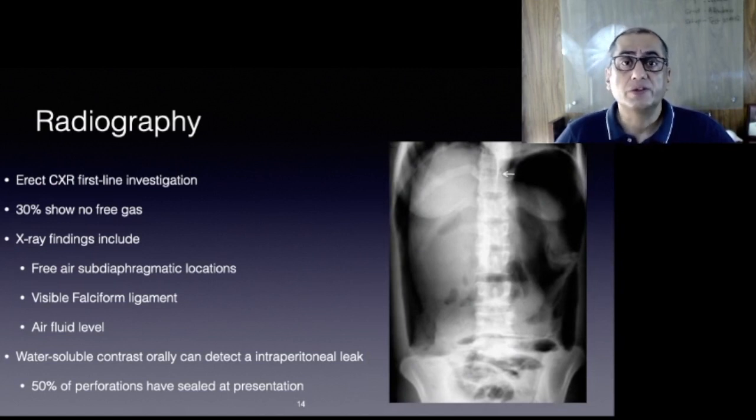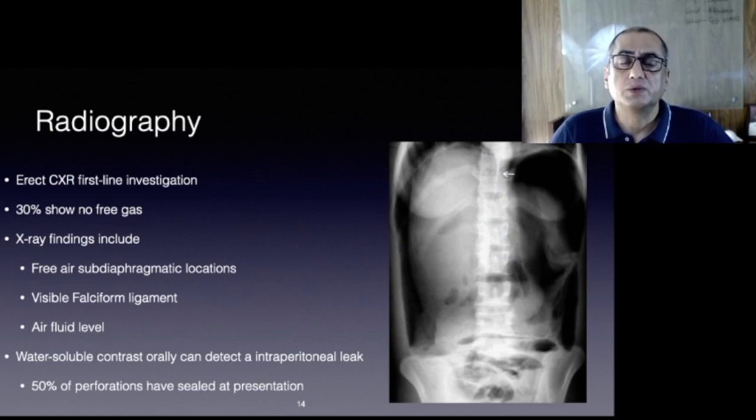Findings suggestive of perforation include free air entrapped in subdiaphragmatic locations. If the quantity of free air is great enough, its presence can be visualized on the supine radiograph of the abdomen, allowing clear definition of the inner and outer surface of the wall of the bowel. The falciform ligament may appear as an oblique structure. Here we can see the falciform ligament